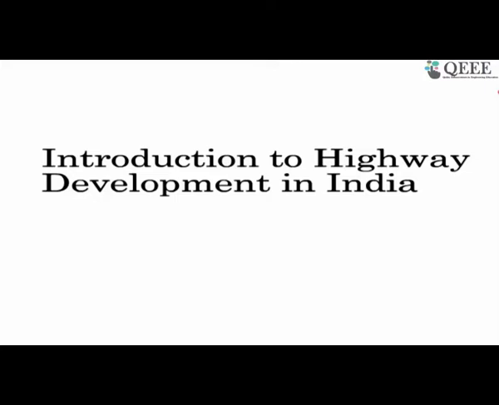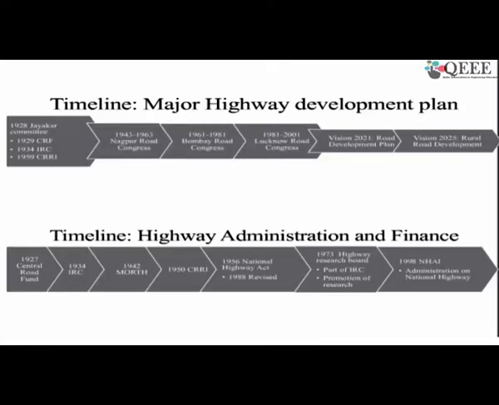So today we are going to start with the introduction of highway development in India. To look into that, we need to look into the timeline of major developments which happened over the period. The first time it tried to organize the overall highway improvement was in 1928 by the Jayakar committee, and this committee was the first